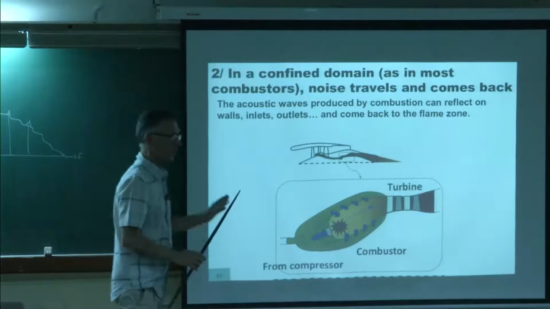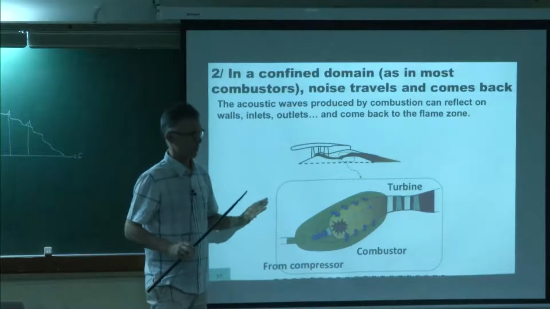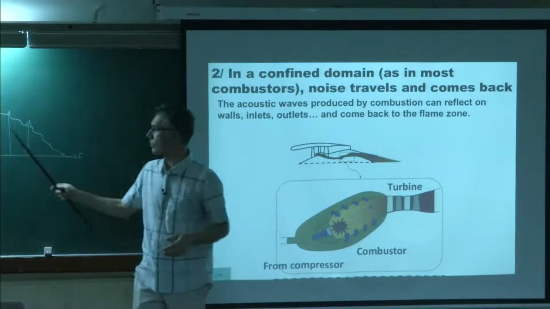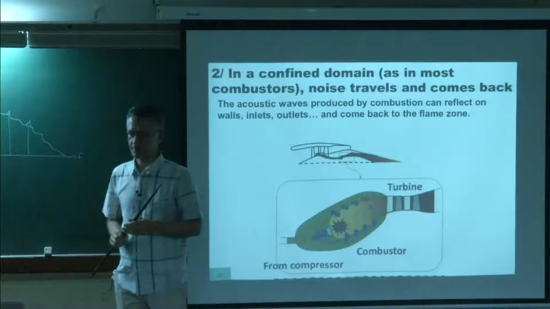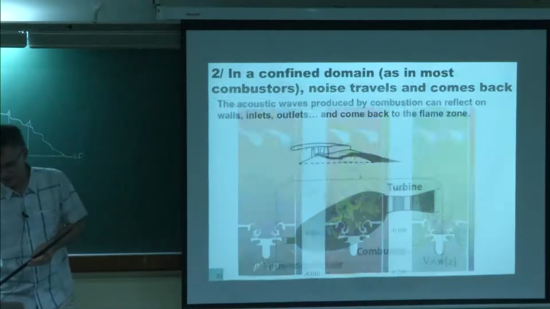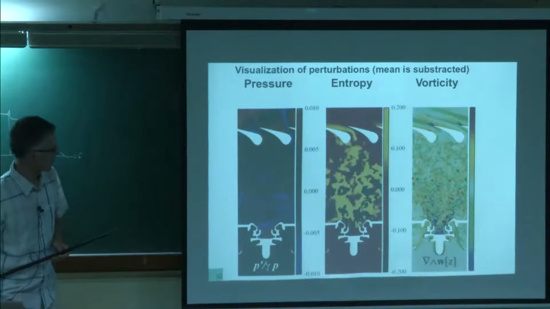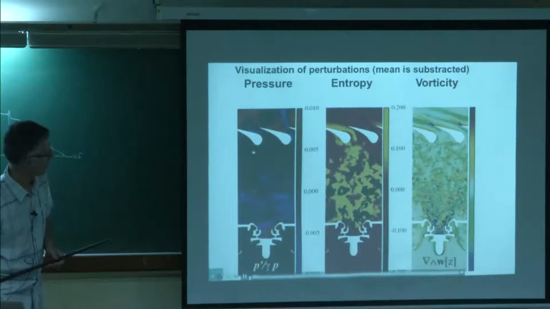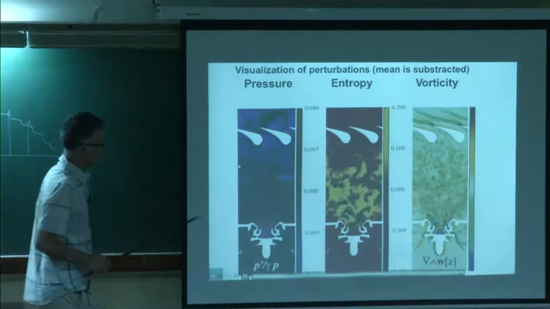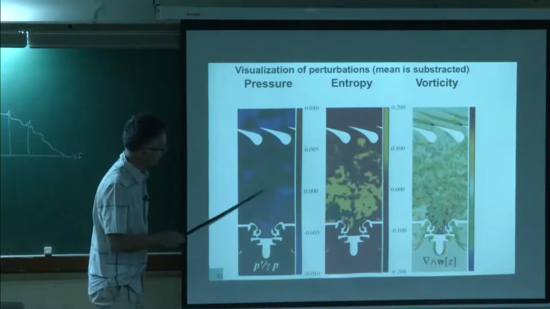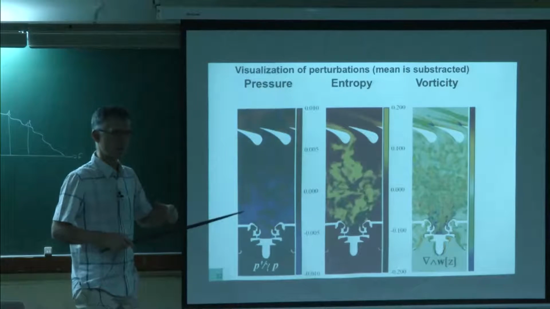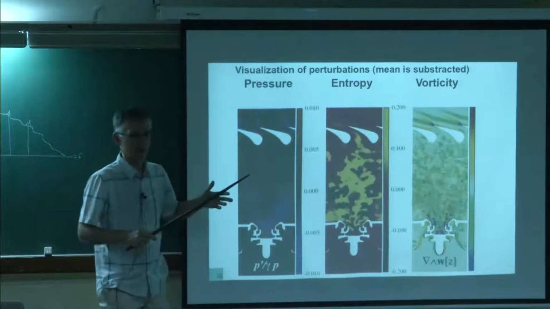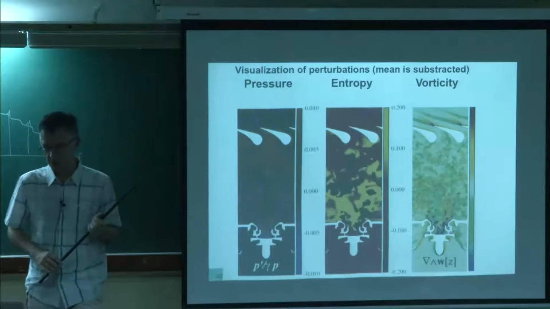No, if it's fully steady, if it's laminar, no problem. If it's unsteady, if it's turbulent, then you will get the broadband noise plus these peaks. Now this is a visualization of these waves in a burner. We have subtracted the mean, and so you see, for example, all these acoustic waves. They are not really organized because there is no resonance. They're just produced in the burner and they bounce on the walls and they make noise, and it's okay. At that point you don't really have a problem.